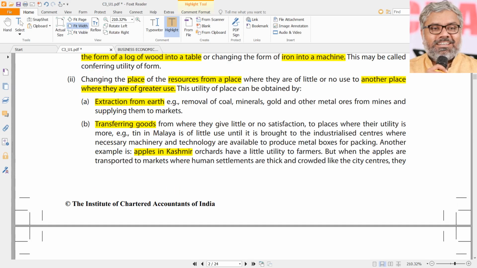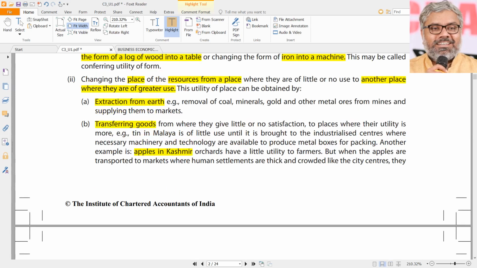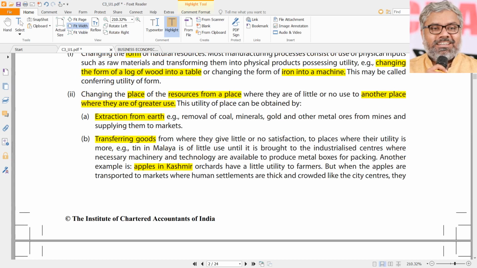Not only that, even the cultivator, the agriculturist, or you can say the farmer who is, let us say, cultivating wheat somewhere in Punjab. One farmer has 10 acres of land and he has cultivated a few hundred kgs of wheat. Can he eat all of that throughout the year? Not possible. He has to sell it to somebody, which means he has to transfer the goods from that place to some other place. That wheat itself is of less use for him. It is definitely of much use for others. So he has to transfer those goods to some other place. That also creates place utility.